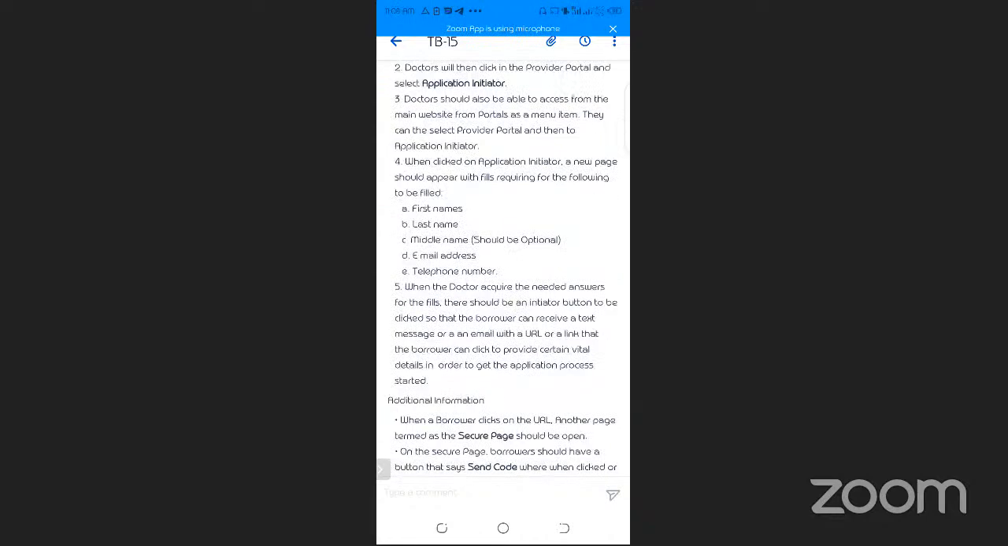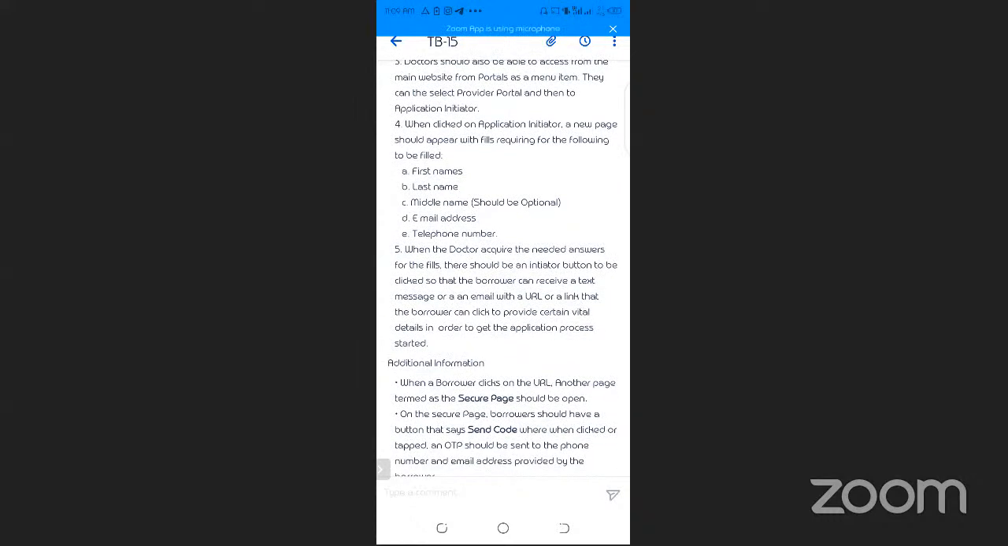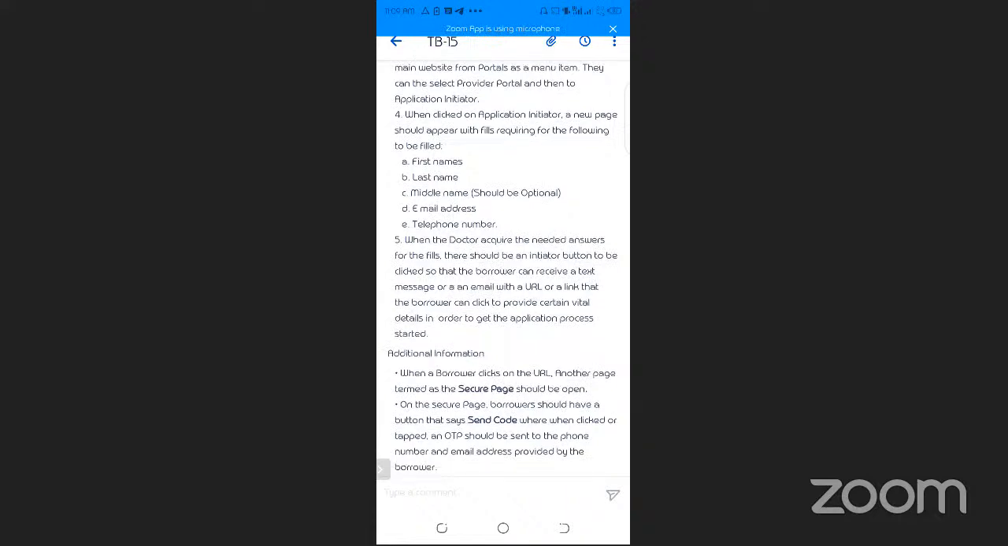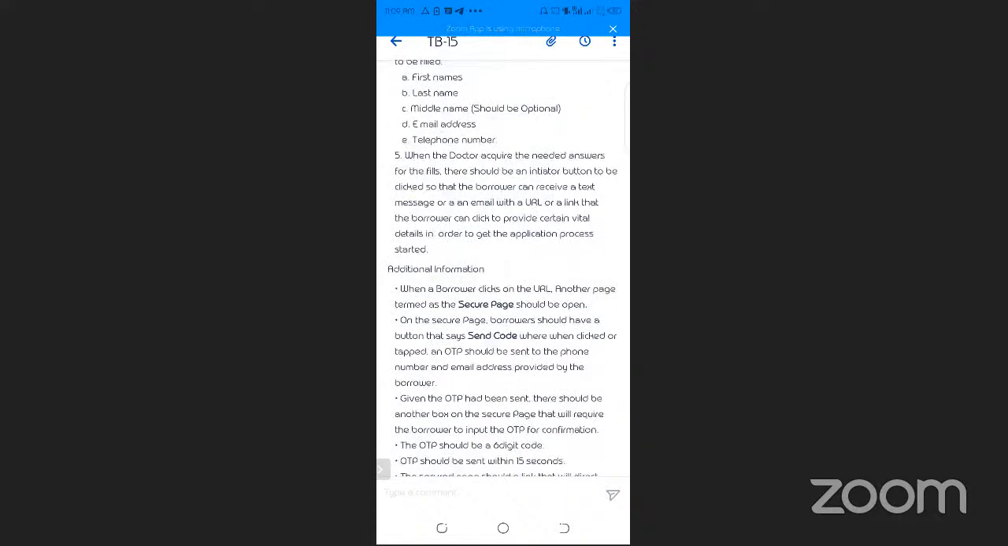First name, last name, telephone number. When the doctor acquires the needed answers for the fields, there should be an initiator button to be clicked so that the borrower can receive a text message or an email with a URL or a link that the borrower can click to provide certain vital details in order to get the application process started. Additional information here, where when the borrower clicks on the URL, another page termed the secure page should